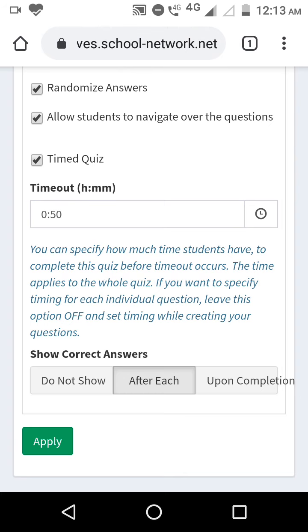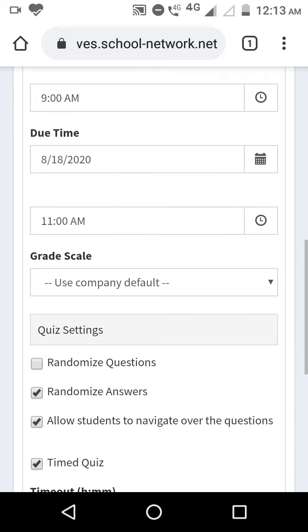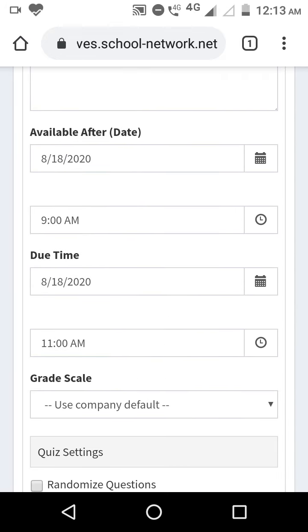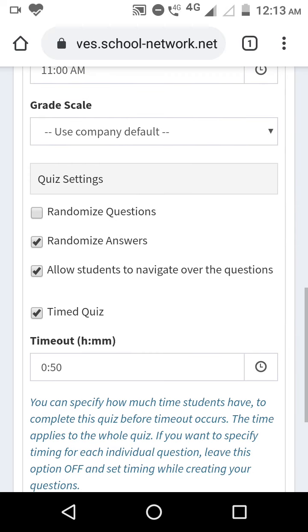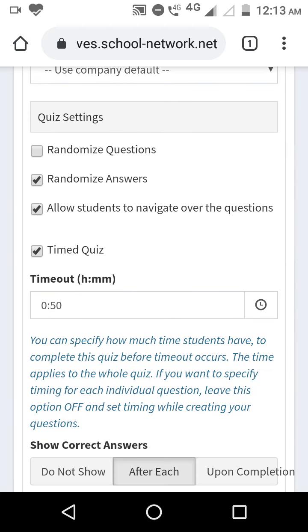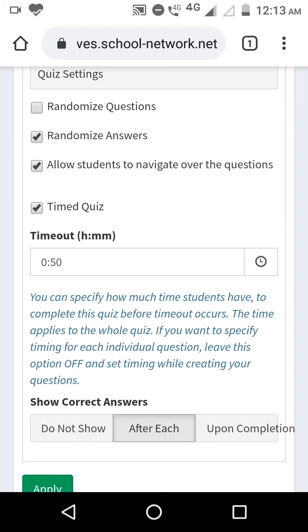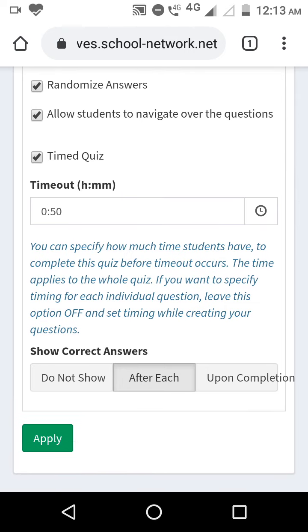Here is one of the most important parts. If you have given 1 hour or 2 hours to your students to enter into the examination, once he or she enters, he or she needs to finish this particular exam within this time limit. Whenever he or she enters into this particular examination, the back timer will start. So this is the timeout option. Mention it according to your own needs. It's up to you how much time you want to give to your students for their examination.